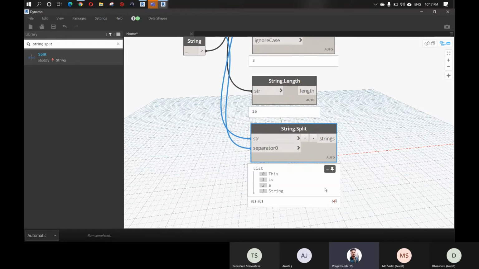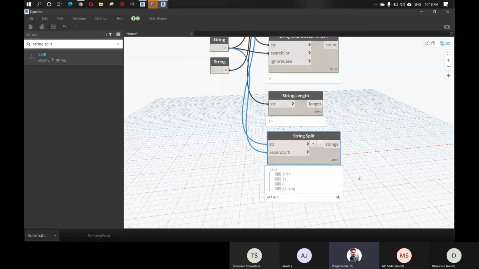Wherever the space comes, the next word after the space comes in the next line. We have a space between this and is, so it comes in the next line, and then another space, then the a comes in the next line, like that. The idea of this node is to find all the places where the separator string occurs, very similar to replace or count occurrence.